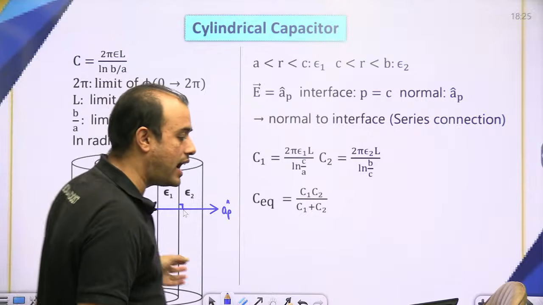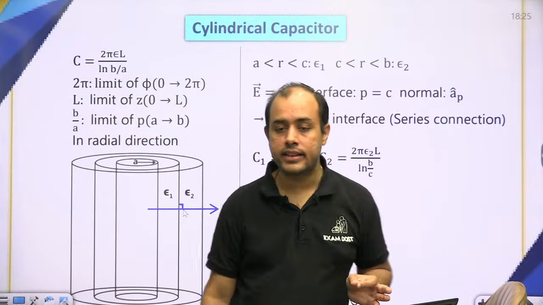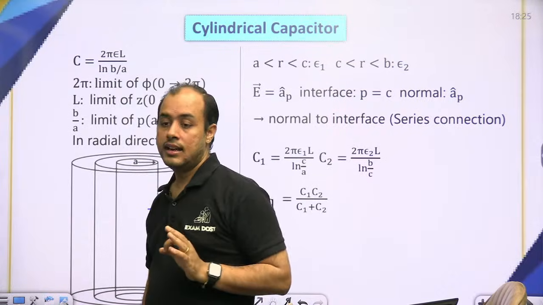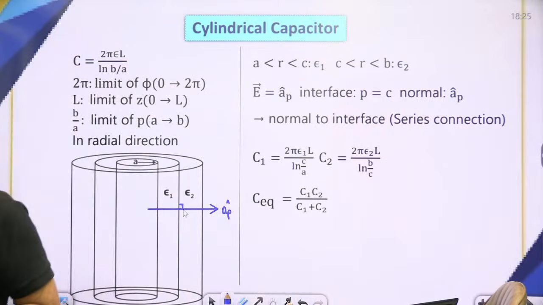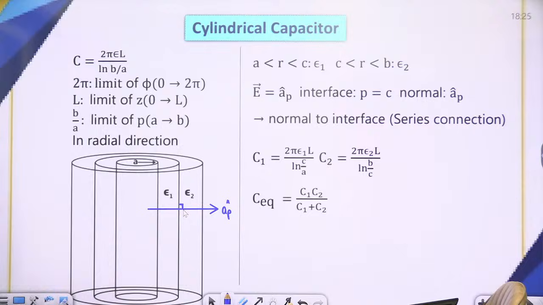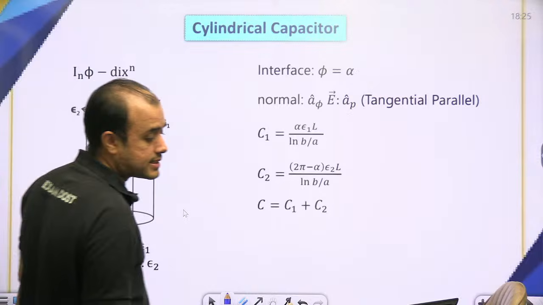First of all, find the boundary between the dielectric. Find the normal. If the electric field is in the normal direction, it is taken as a series connection. If not, then it will be taken as parallel connection. अगर इलेक्ट्रिक फील्ड नॉर्मल के अलोंग हुई तो सीरीज कनेक्शन, नहीं तो पैरेलल कनेक्शन. चमका. नेक्स्ट सपोज बेटा